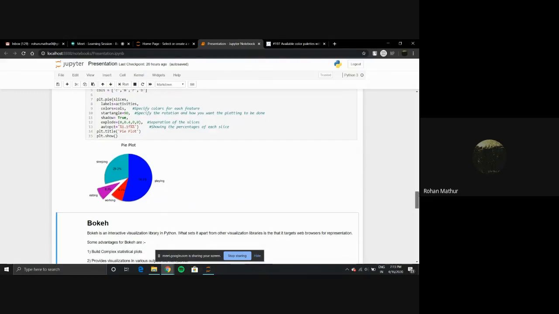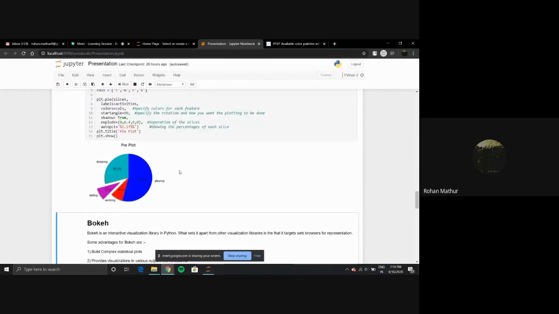One more thing I would like to add is why pie plots are not used in visualizations. If you've been using visualization, you must have seen that pie plot is not used, because there are certain disadvantages that come with it.